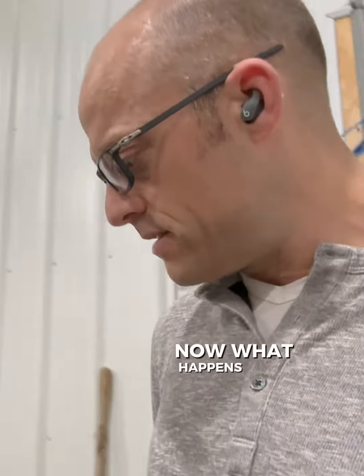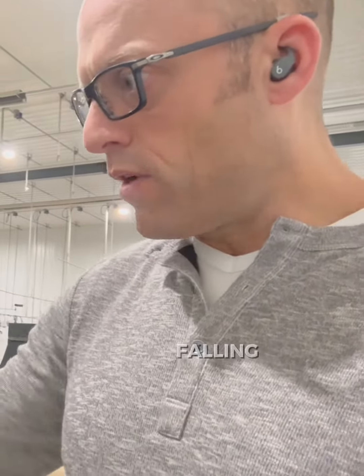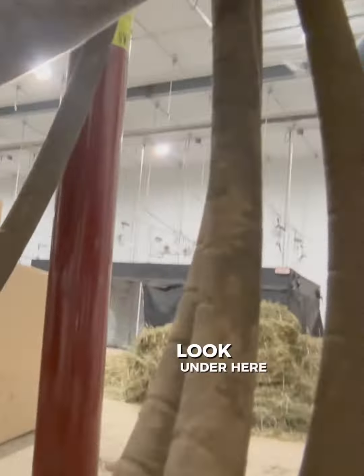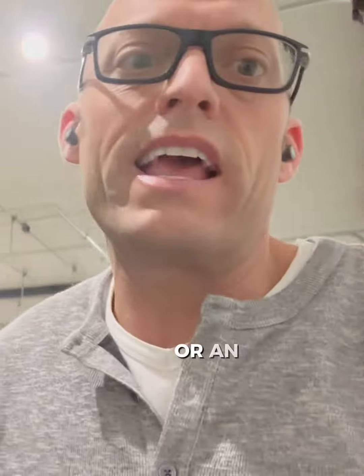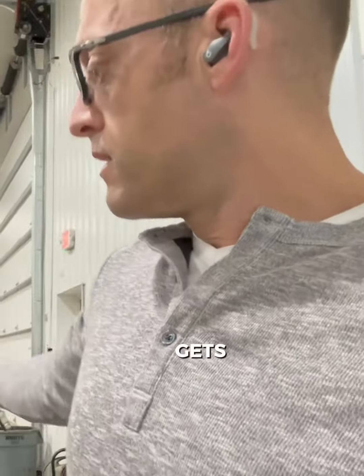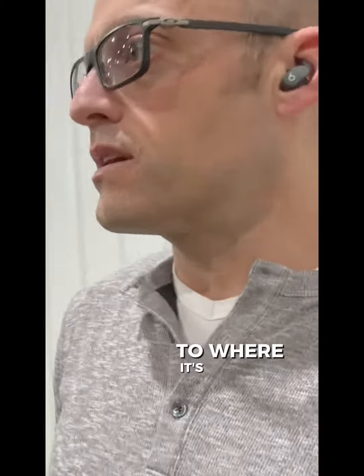Now what happens then is this keeps the biomass from falling outside of the broom. Where it does go, if you look under here, there's a chute. We have hoppers under here, or an elevator, and that way the biomass drops down and gets taken up the elevator to where it's ground up and